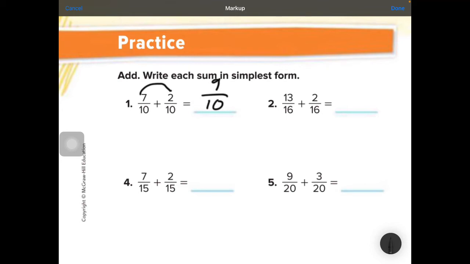Number 2, we have 16 and 16. So 16 is our denominator. Then we're going to add 13 plus 2, which will be 15. Let's see, can we simplify that? No, neither one of them. They're not both even, and a 3 and a 5 and a 7 won't go into both numbers, so that